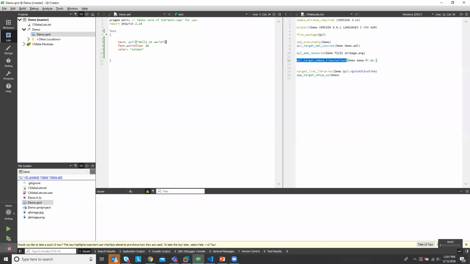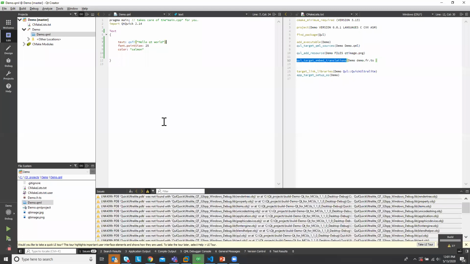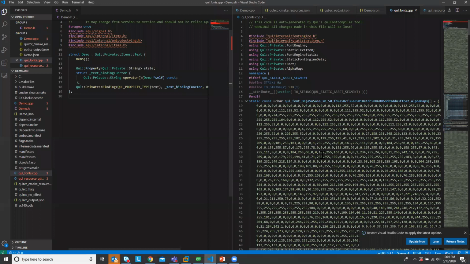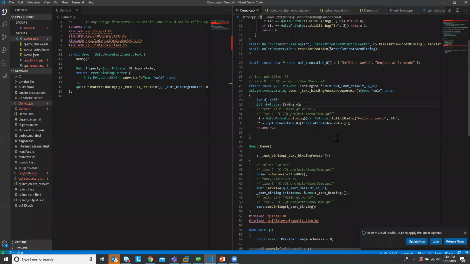Let's build this. And then let's look back at our demo.cpp, if I did things right. This is where we have the translations embedded, and you can see it right here as a string. So when we use that string, we'll end up pointing straight into this array with only the translation that we